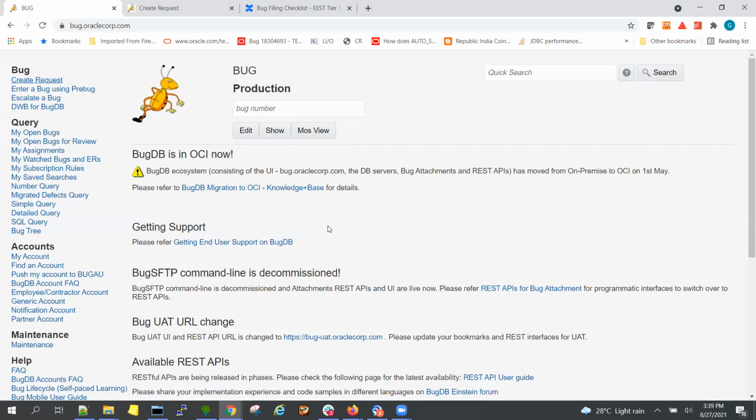Look for those kinds of observations. Whatever timestamp the customer gives, if the customer says 2 p.m., start looking from 1:30 p.m. onwards, because the issue would have started a little earlier.